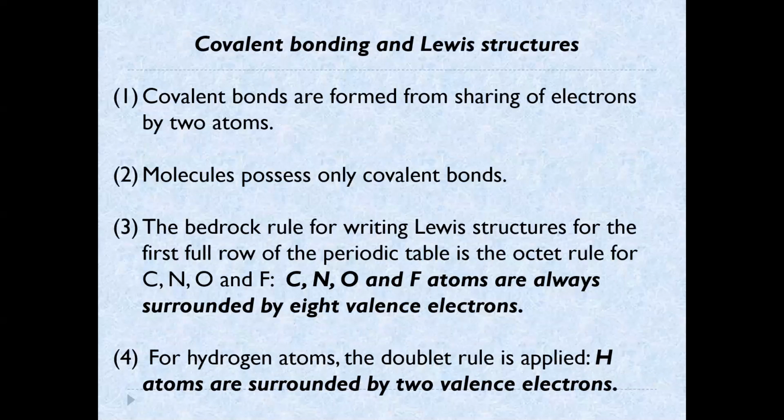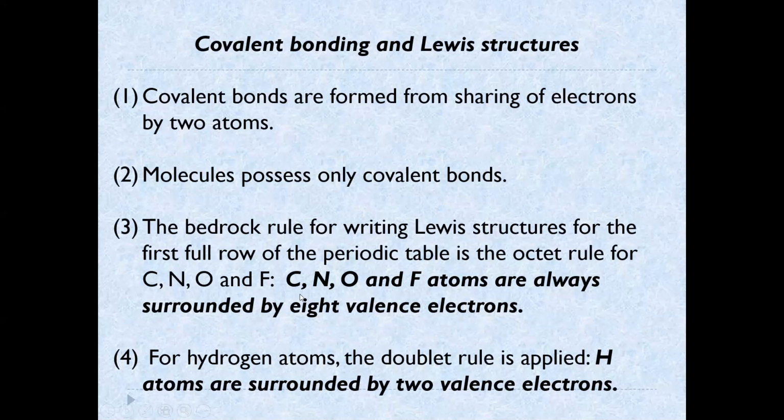So, covalent bonding and Lewis structures. Covalent bonds are formed by the sharing of electrons between atoms, and these Lewis structures are only found in molecules that possess covalent bonds. So the bedrock for writing Lewis structures for the first full row of the periodic table is the octet rule,